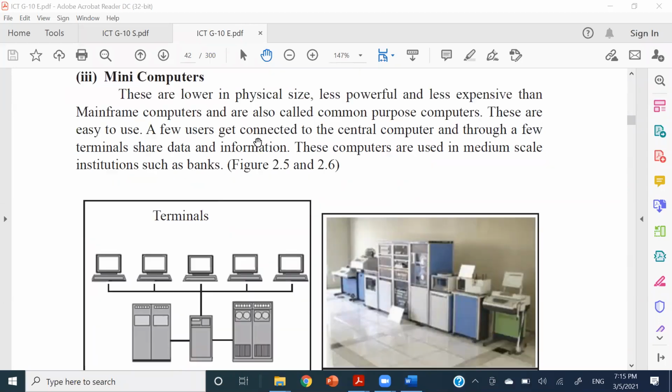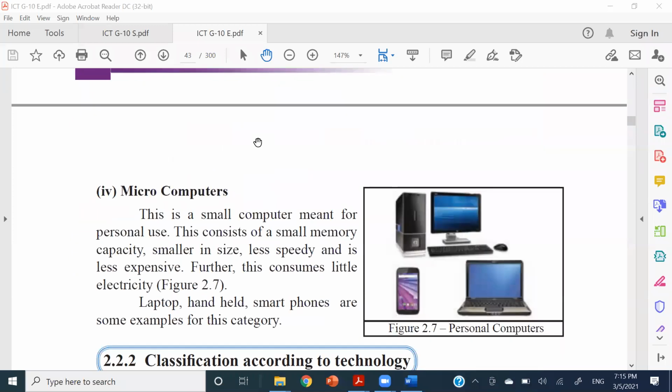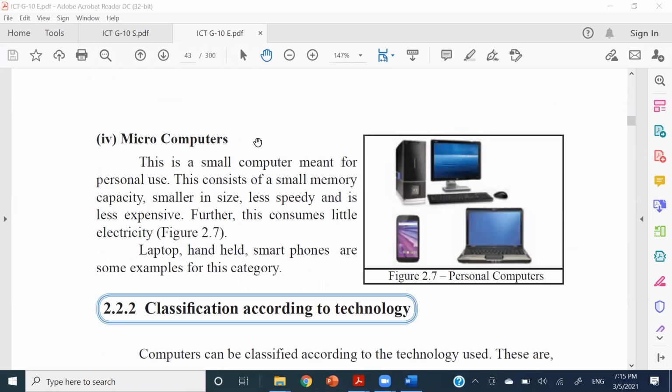And the things that we use are categorized under the microcomputers. So remember, whatever computer that we use is under this particular category, microcomputer. So regardless of a desktop, laptop, tab, smartphone, palm tops, all kinds of things belong in this category, the microcomputers. So they are small, they are less expensive comparing to the other three categories, and they are less in speed.